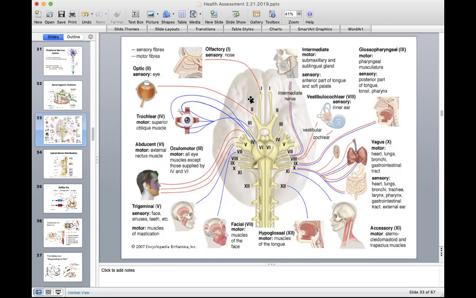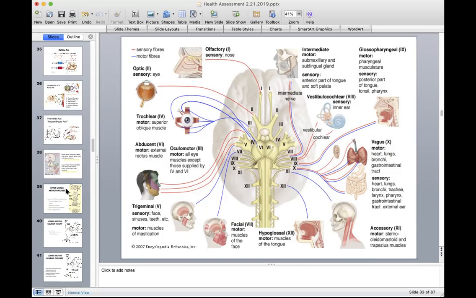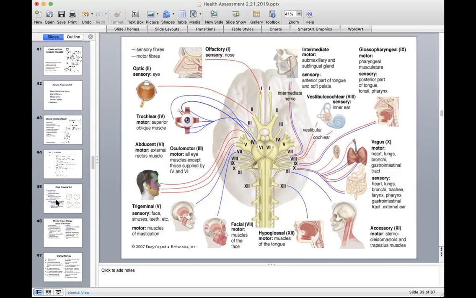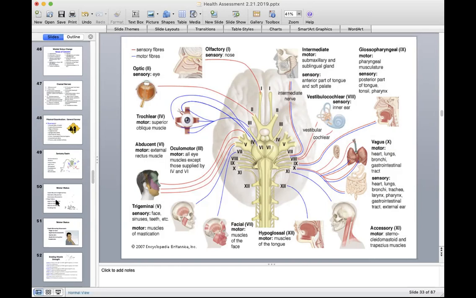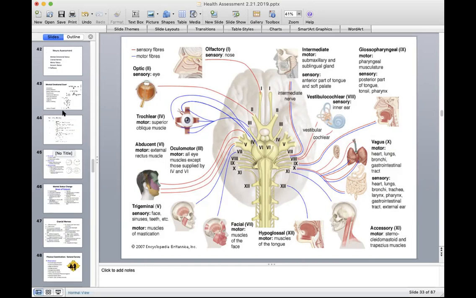And finally, the hypoglossal, which is 12, is muscles of the tongue. Usually I just have them stick their tongue out, and they do pretty well. If it's straight out, you know that both sides of the hypoglossal nerve are working. If it turns to one side, you know that the side that it turns to is not working. Okay, it's kind of like a rowboat. If you want to turn right, you don't use your right oar, you only use your left oar. Vice versa.